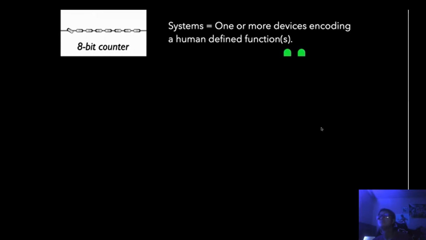Let's say, for example, I wanted to make an 8-bit counter. What the heck's that? Well, 1 bit, 0, 1. Now I have 8 bits, so 8 zeros and ones. And let's imagine I make this counter. Each bit is just controlled or represented by taking a piece of DNA I engineer, and I can flip the DNA. So it's like the DNA is pointing to the right, that's a 0, or if it's pointing to the left, that's a 1.